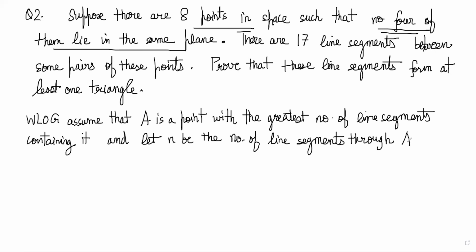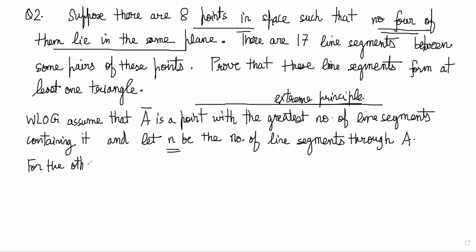Again, notice that we are assuming A as the point with the greatest number of line segments passing through it. This is an example of the extreme principle again. We have assumed A as the extreme point through which most of the line segments pass, and let's say n is that number, right? Now, for the other points, how many are there? Okay, one second. Before that, we will say,